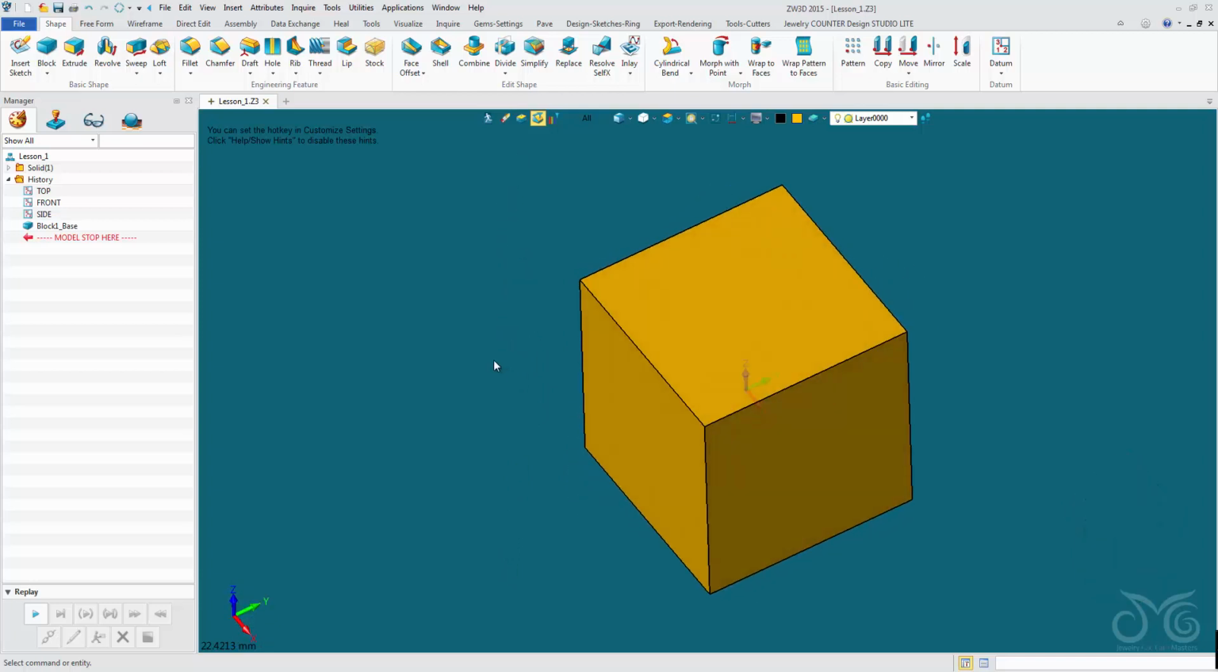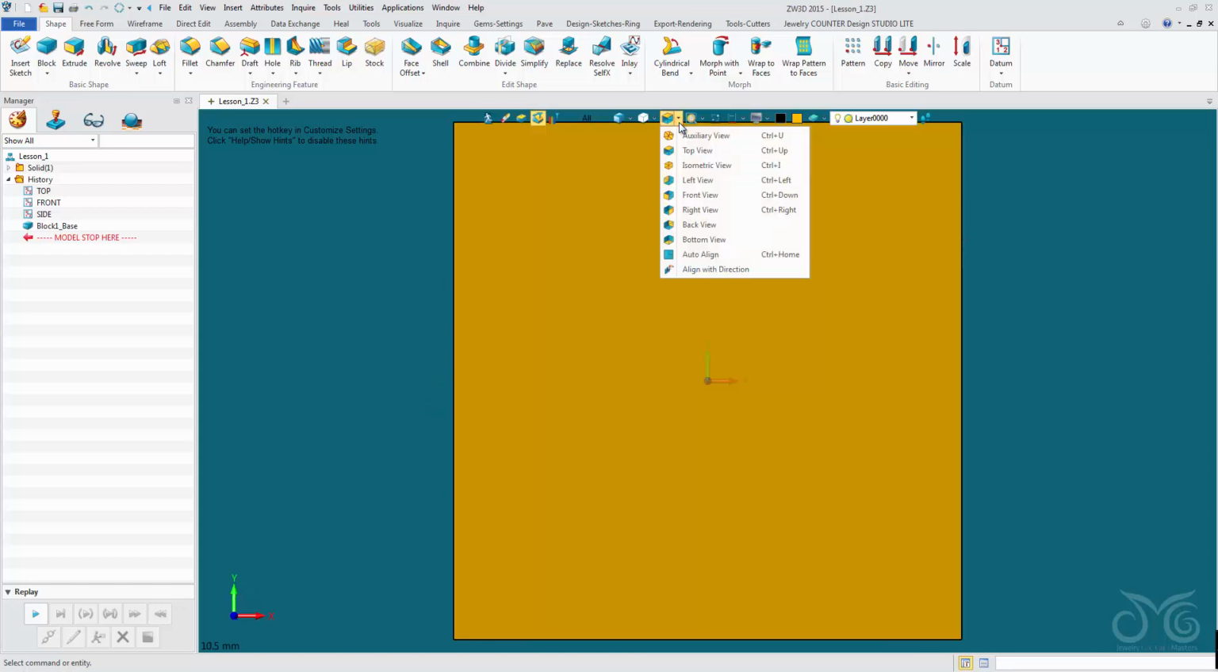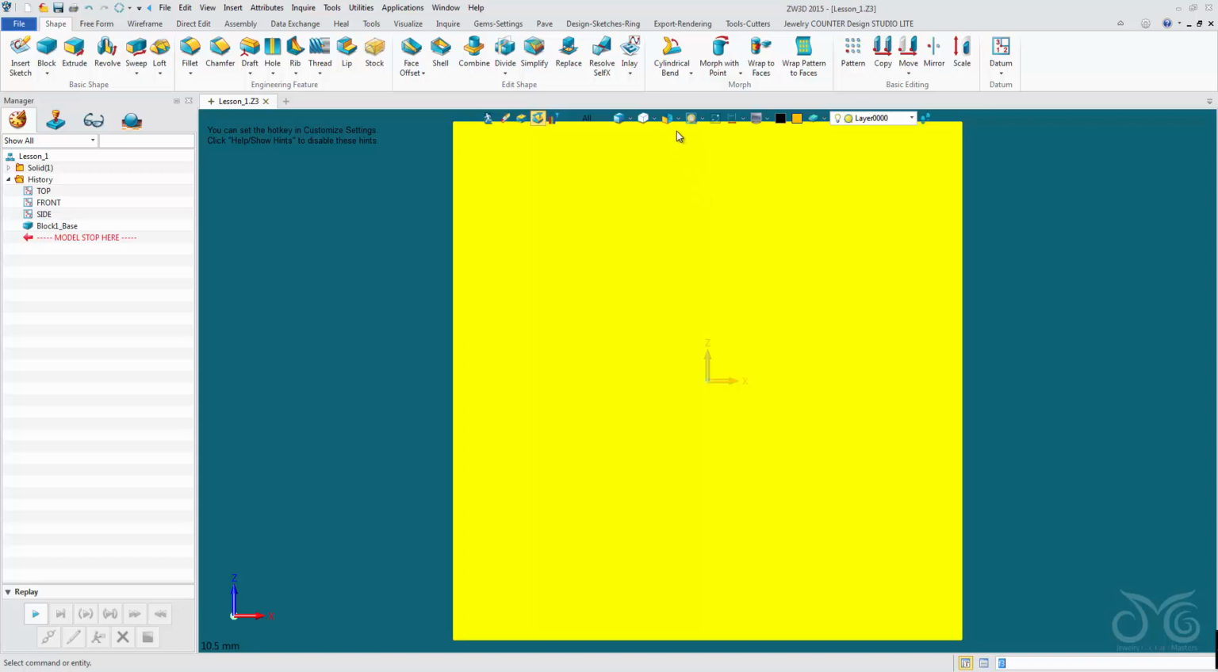Okay, now if we would like to return to our default view, we can use our view commands in the document aware toolbar. These ones here. Okay, so I left clicked on the black arrow next to our view icon. The auxiliary view takes us here. The rest are rather self-explanatory. Top view, front view,